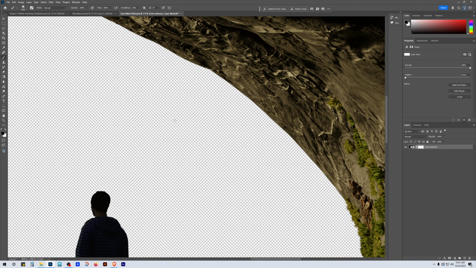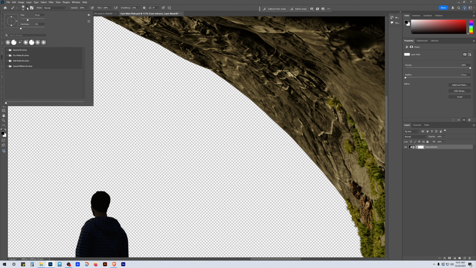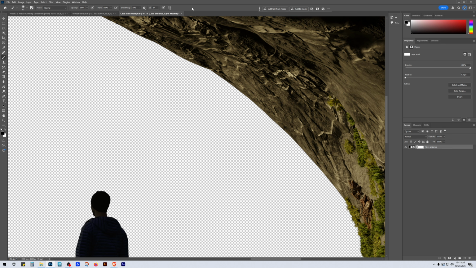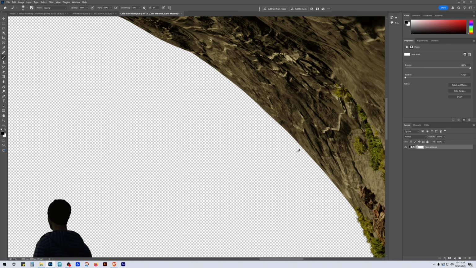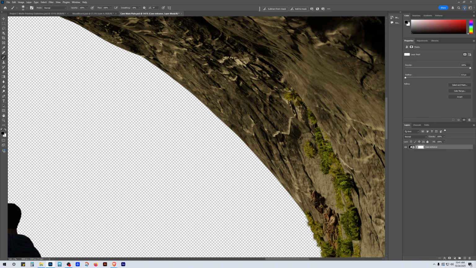Use the right bracket to make the brush bigger, or left bracket to make the brush smaller, like this. Make the hardness at 0. Everything else is default. Opacity 100, flow at 100. This is set to black. And then with black color, B as in Bob, select here, and then to kind of filter out this area,